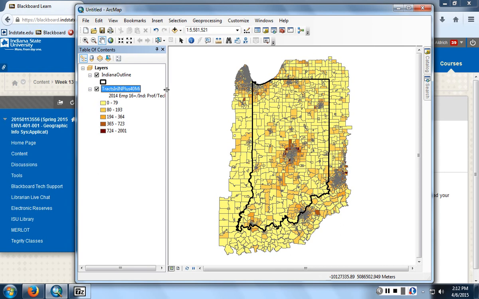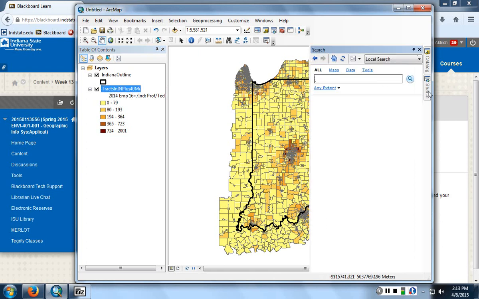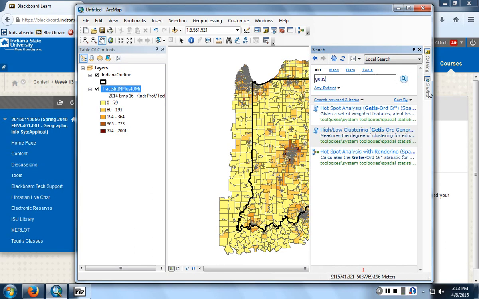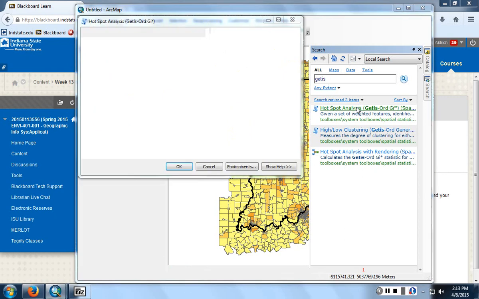And so to study clustering appropriately, we would want to take these data and actually run a statistical test. And in this case, the one that we want to run we've actually done before in this class. It's called Getis-Ord. And it's called Hotspot Analysis. So if we open up this tool, and if you open up this tool,